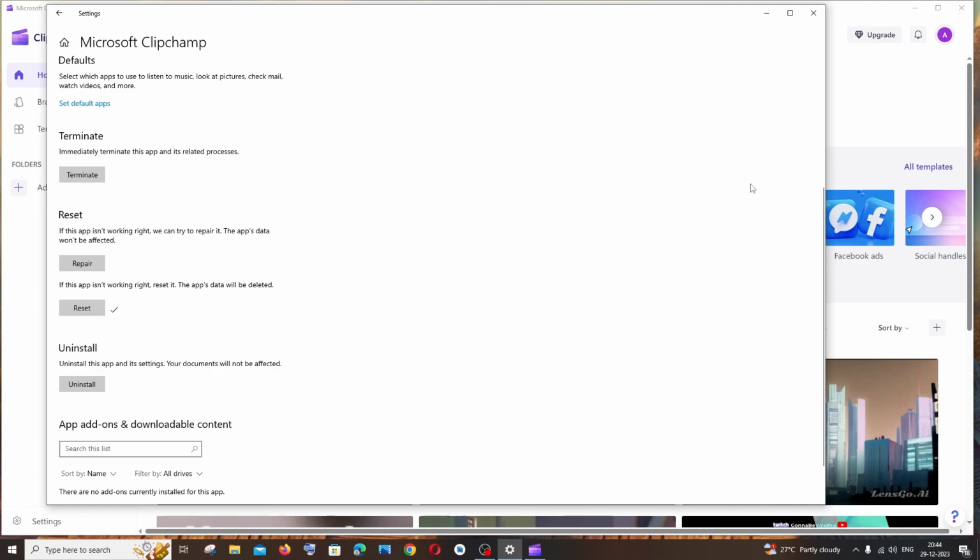Okay, repair and then open it, and then click reset and open it. So if both of these things don't work, better uninstall it and reinstall it again, or else you can just try clicking on terminate also. So I think these are the only 4 possible ways that you could be solving this issue,